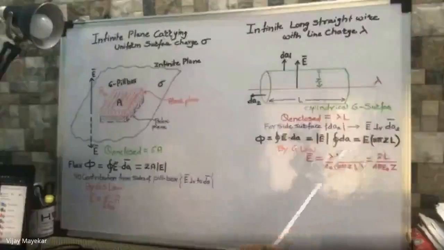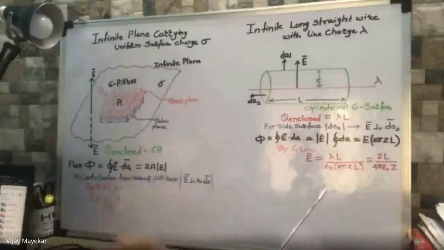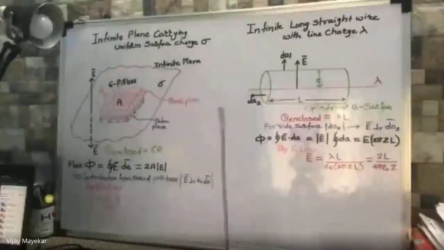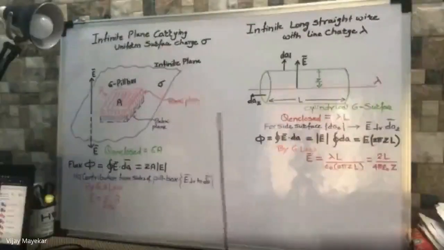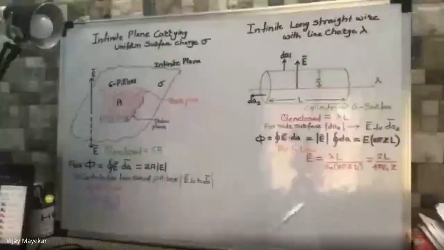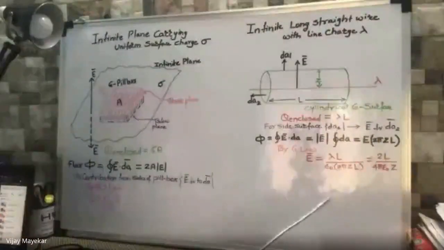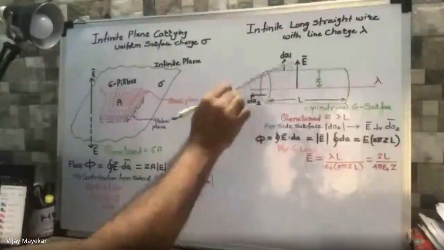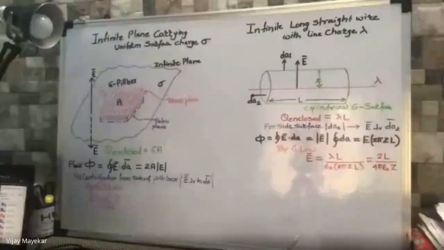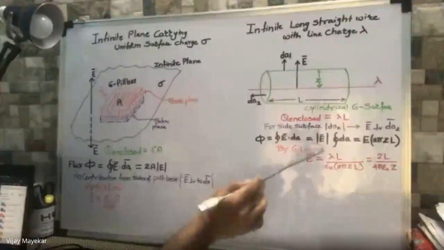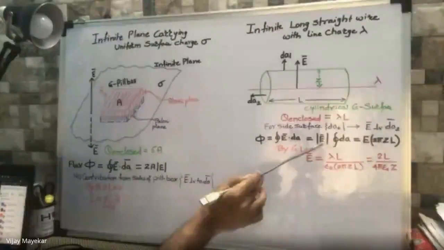If I go for this calculation, I need to have E bar as one single value, then only I can pull it out of the integration. And actually that is the purpose of the Gaussian surface. We want to keep E bar constant, and it is quite natural because at distance z, your E bar turns out to be the same at each and every point at distance z from the wire. So E bar could be pulled out of this integration, right?